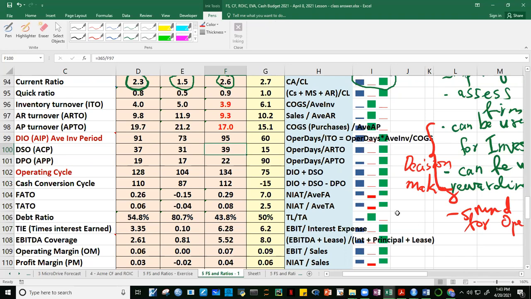Good or bad, guys? 39 days daw, average. Is that good or bad, guys? All right. Okay, so again, we cannot answer that, guys, just by looking at the number itself. Asan yung days? Days inventory. Ito pala, days inventory outstanding, 95. So 95 days, pagkabenta, saka nakokolekta. Okay, hindi natin masasagot kung good or bad itong 95. It has to be taken in context, yung sinasabi natin. 95,